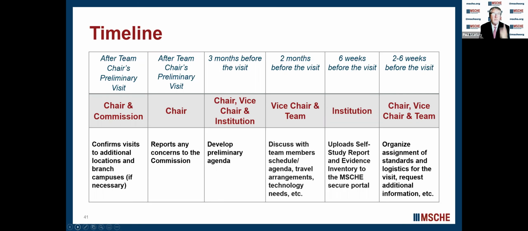Now, you and the team chair, or the president and the team chair, are going to set a mutually agreeable evaluation date. But once it's locked in, you can't change it, because every invitation to a team member is predicated on that date. That's the first question they ask: are you available on that day? In 2 to 6 weeks before the visit, the team is going to start reading their chapters. They're going to read the whole report, go through the evidence inventory, and write a draft report.